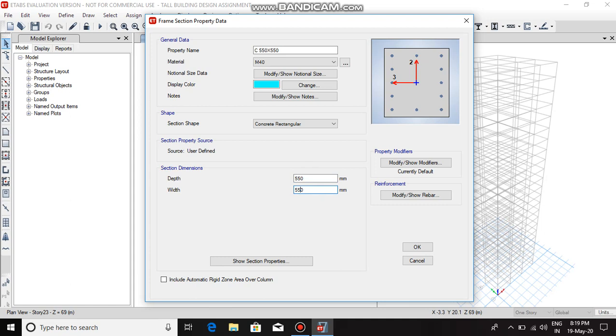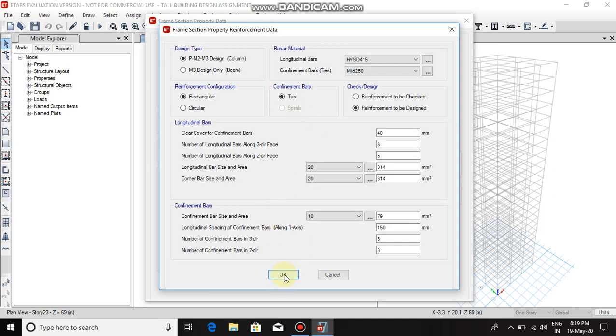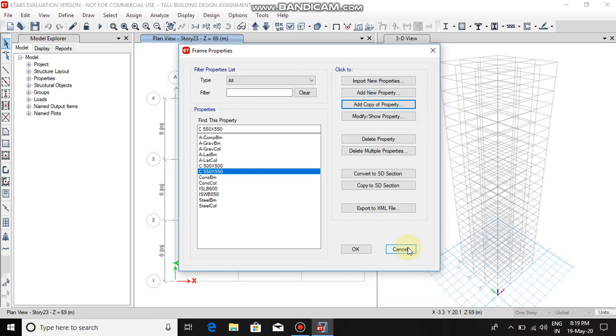If you select Modify or Show Rebar option, you will see the previously defined column rebar. Click on OK, then click on OK again.